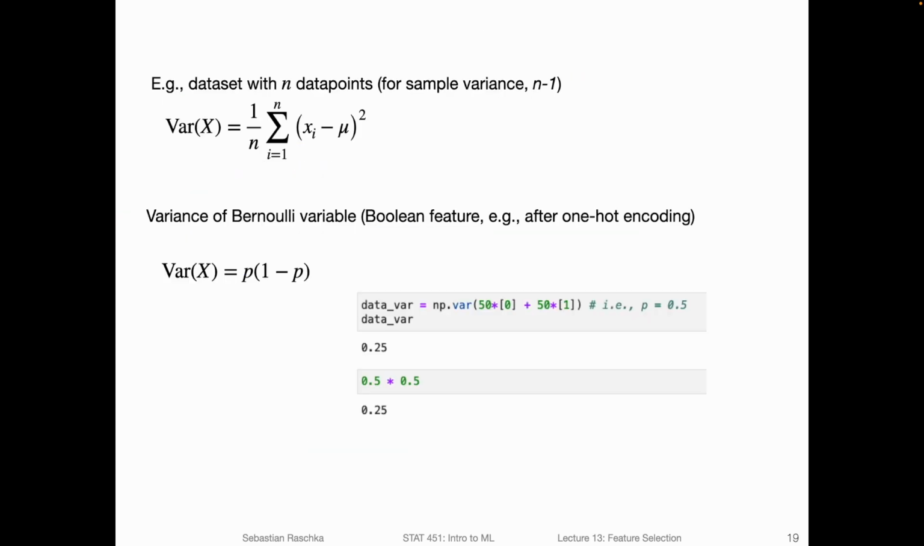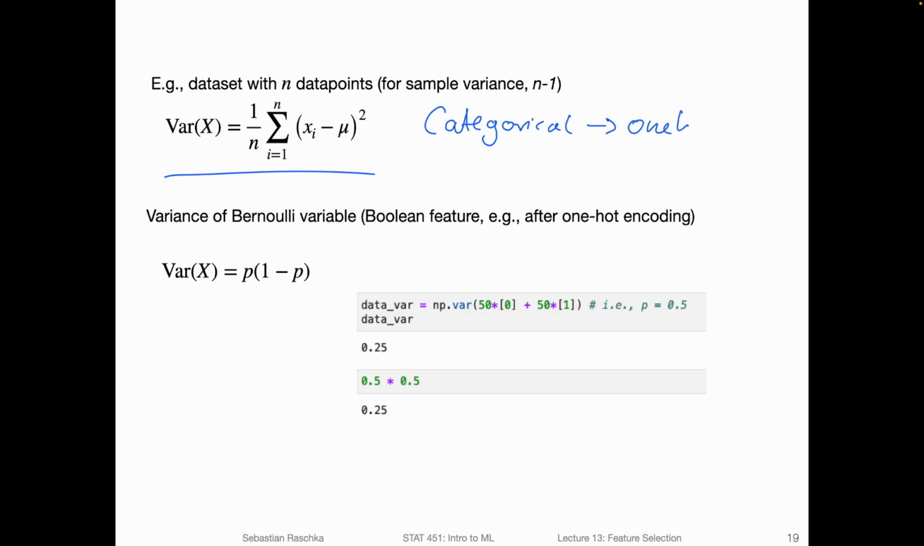Okay, moving on. So for reference, here again, how we calculate the variance. And I wanted to highlight one special case, where variance-based feature selection is actually pretty useful in practice. So this is the case where we have a categorical feature, or a feature with categorical values, and we perform